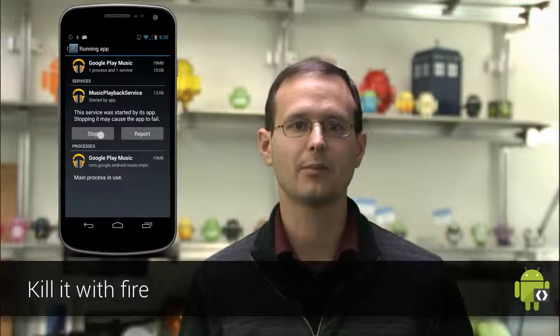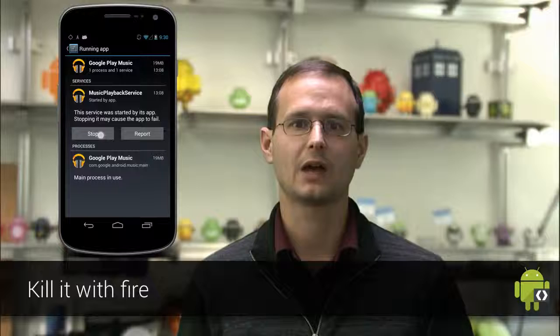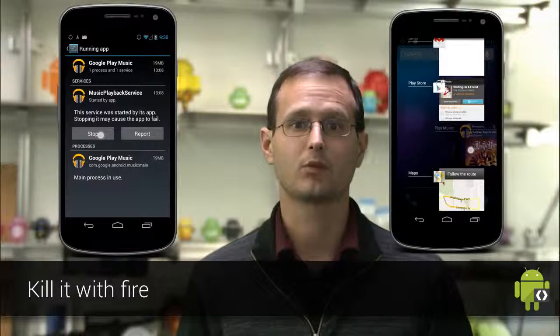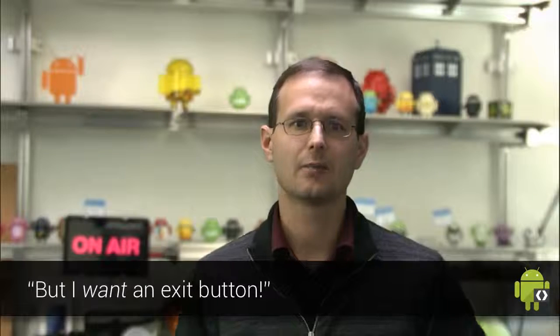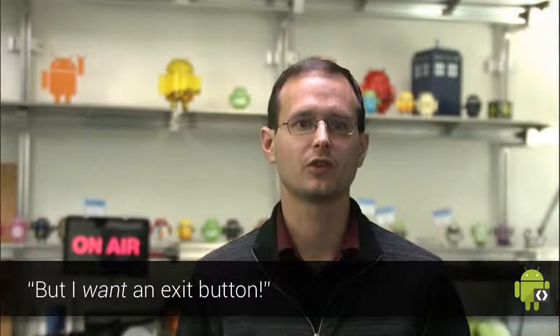For users who want to take the proverbial shotgun to the head of zombie background apps, they can force stop a process from the app setting, as well as swiping to remove apps from the application switcher on newer Android platform releases. I'm nearly done, but I can already hear the fevered tapping of fingers on keyboards as some of